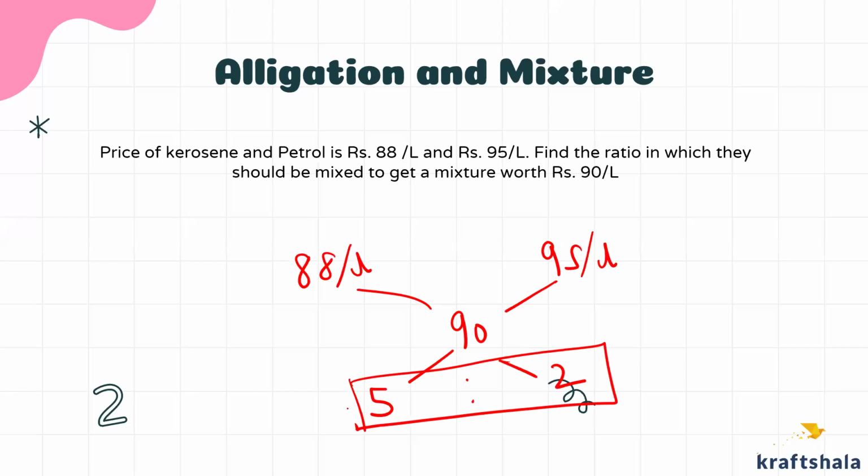Some people get confused ki, because in some books also this is incorrectly mentioned that you have to start with cheaper and यहाँ पर you have to mention the more expensive one, which is not the case. You have to go according to the language of the question. अगर इस क्वेश्चन में लिखा होता price of kerosene and petrol is 95 and 88, so I would have written 95 first, 88 बाद में. ठीक है? So there is no rule कि you have to write the cheaper one first and expensive one later on. It's not like that. Clear?